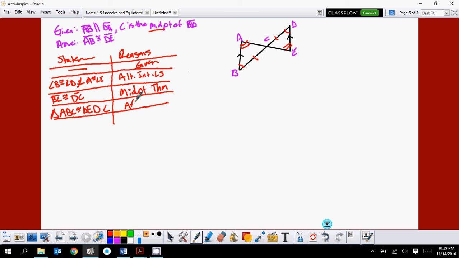So if I'm trying to get to the last step, going one beyond the triangles being congruent to what I'm trying to prove, corresponding parts of congruent triangles are congruent. You notice I did not mark AB and DE congruent on this diagram. Okay. Another way that you could have done this one,